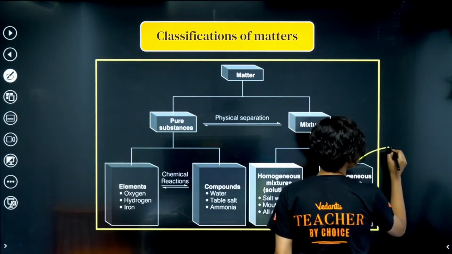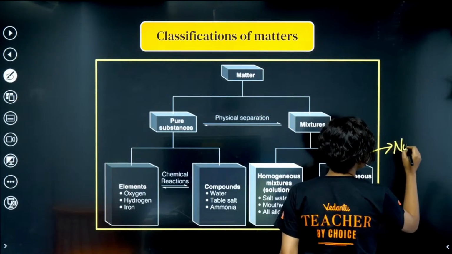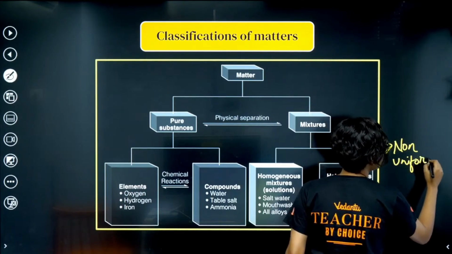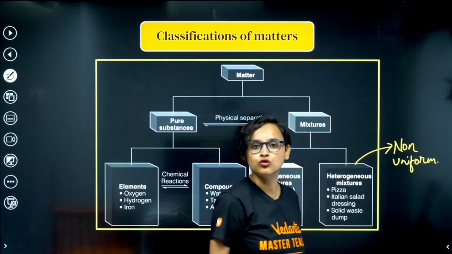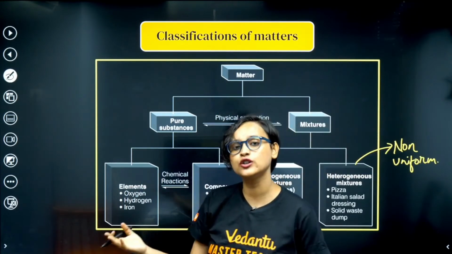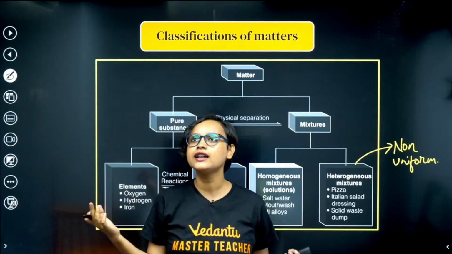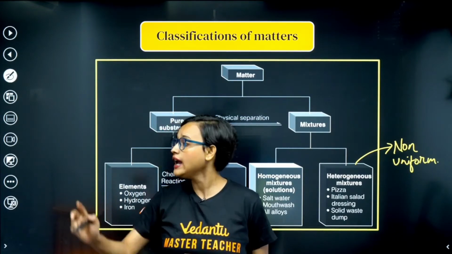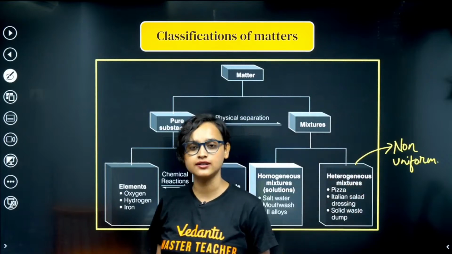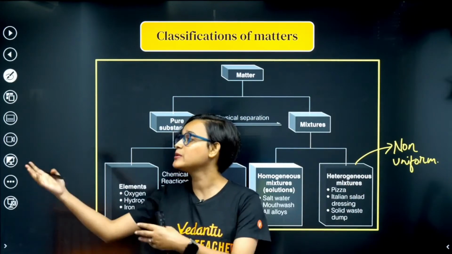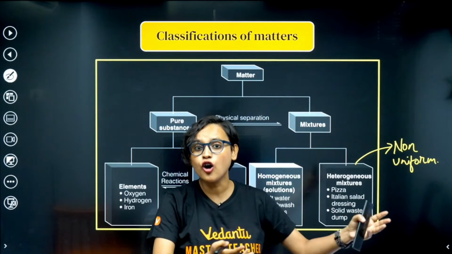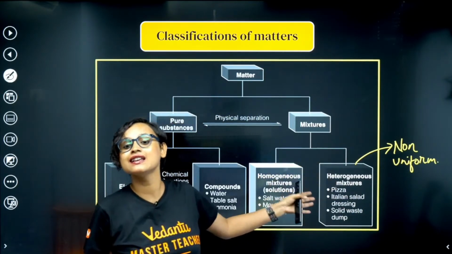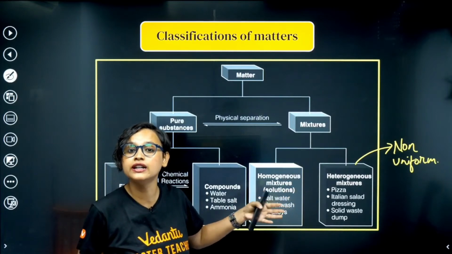So, heterogeneous mixtures are basically non-uniform. Do you understand what is uniform? In school, you all go to school, right? In school, what do you wear? You wear uniform, no? In my days, we used to have a white shirt and blue color skirt, and everybody used to wear the same thing. Why? Because everybody has to look the same. Uniform, same, similarity, exactly. But in this case, there is no uniformity.